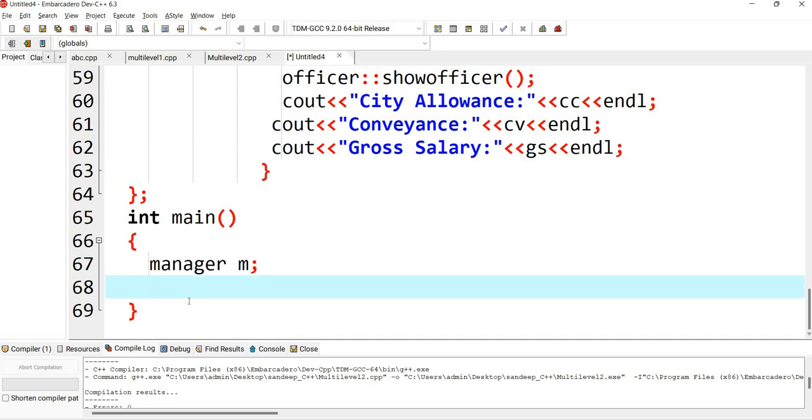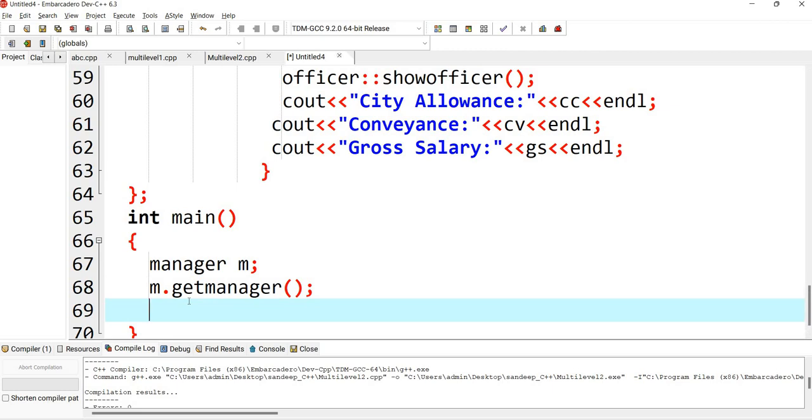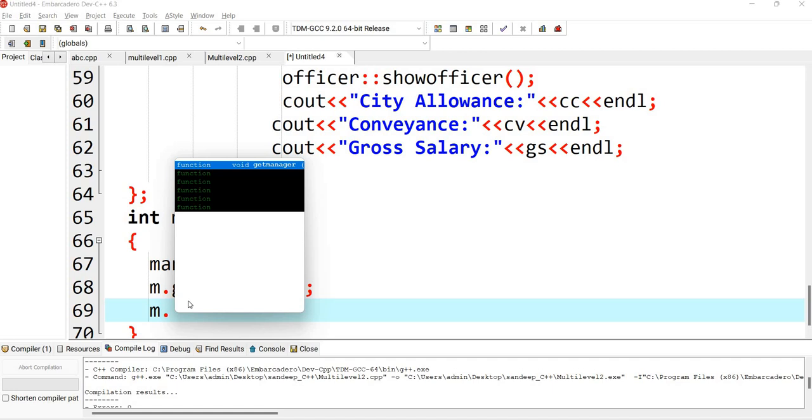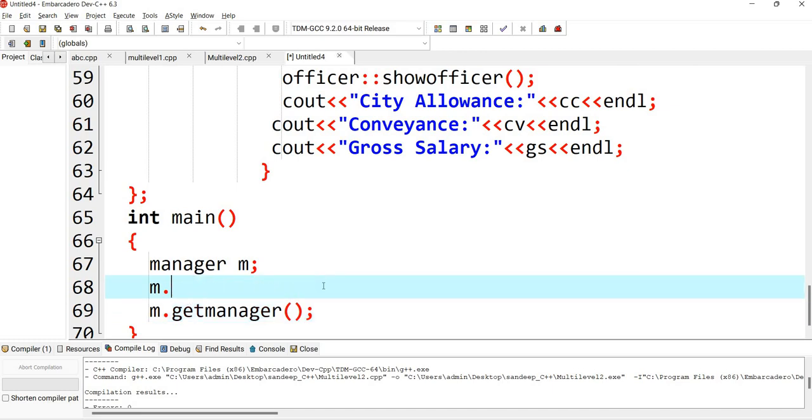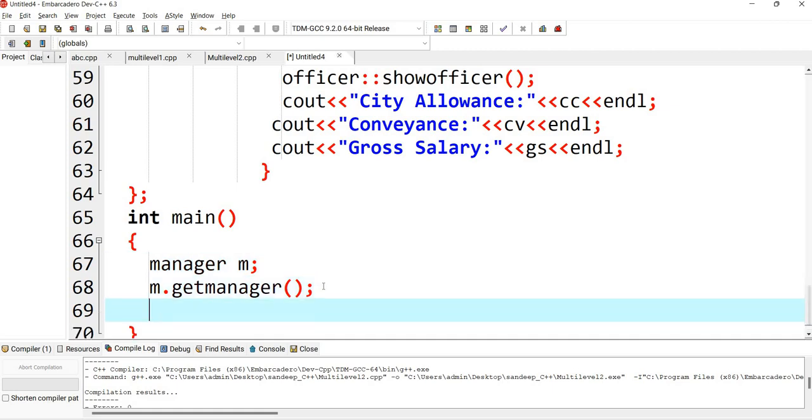So here I simply write m dot get manager, sorry, not get worker, get manager, and another member function, show manager.